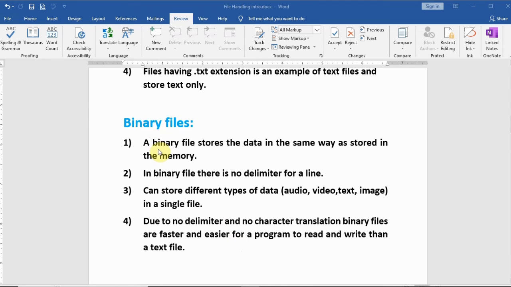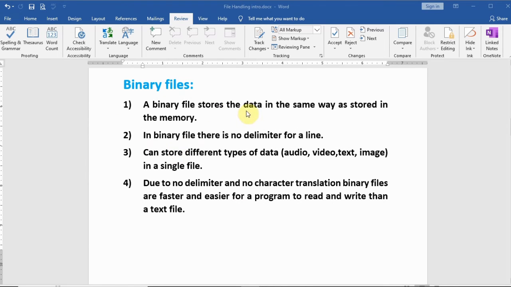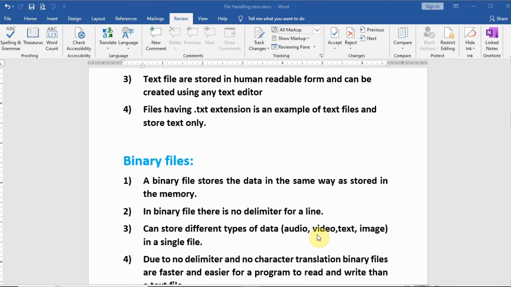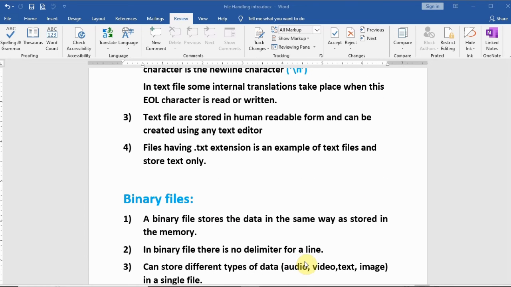Now the binary file. A binary file stores data in the same way as stored in the memory. In binary file no internal translations take place when this file is opened for reading and writing.